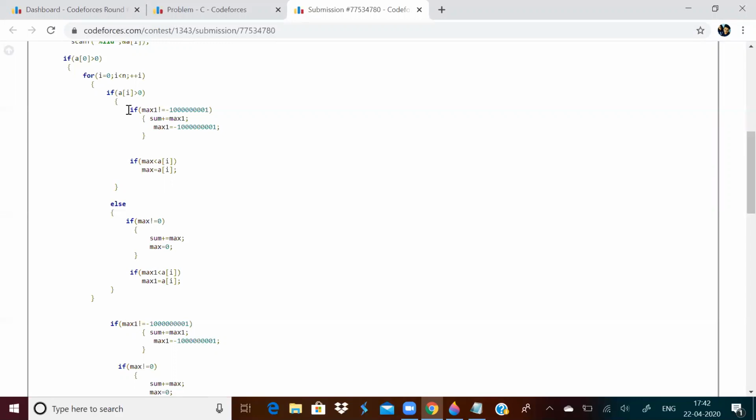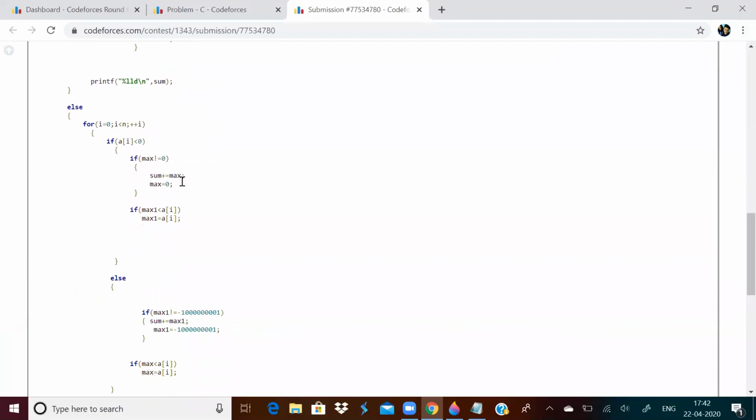I'm just adding the negative elements, positive elements until I reach the opposite sign. If I'm finding the maximum of positive elements, I will do that until I reach a negative element. If I'm finding the maximum of all negative elements, I will do that until I reach a positive element. That is what an alternating subsequence means, and that is how you get the maximum sum by maximum length.